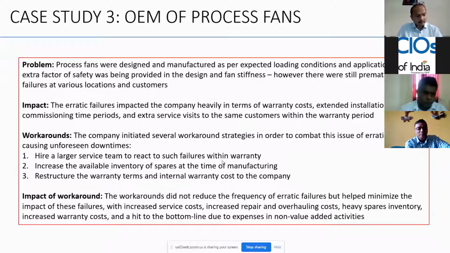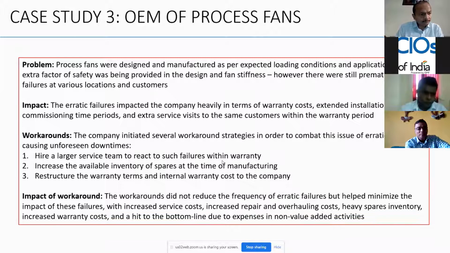So heavy warranty costs is a big challenge that they face, especially because of installation issues. And mostly OEM issues are all installation related. They're not really related to the design of the machine as such. And that is where it becomes very important for the OEMs to ensure during the warranty period that there is nothing wrong that is happening. So there's an example of an OEM of process fans, one of the largest process fan